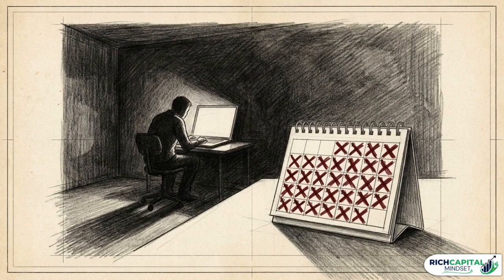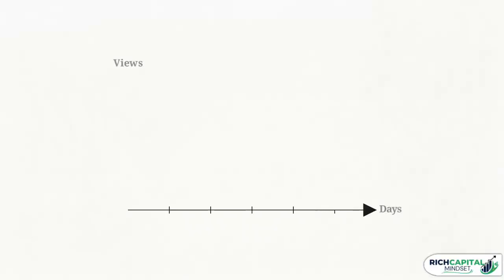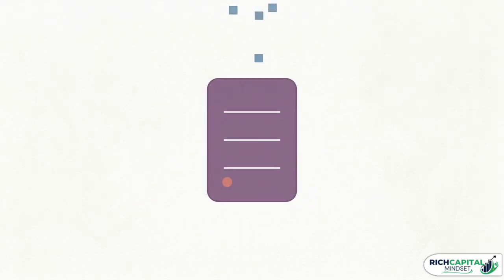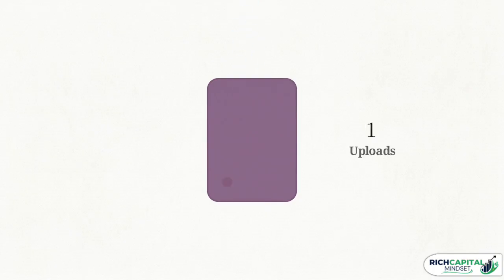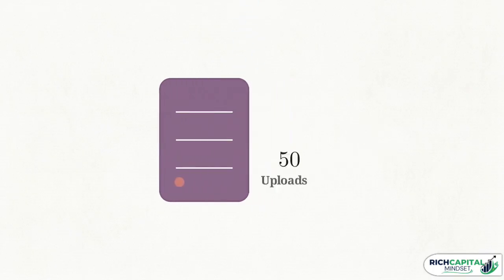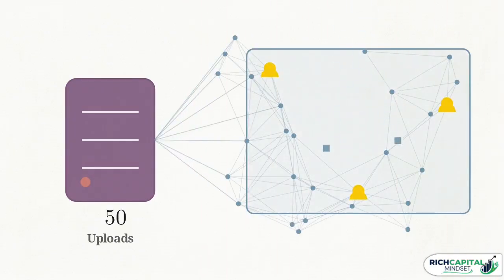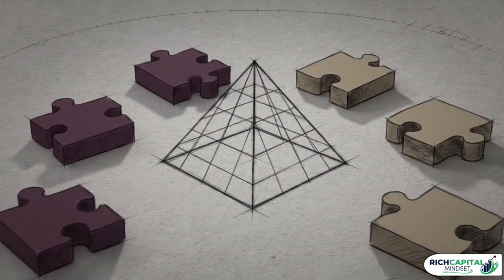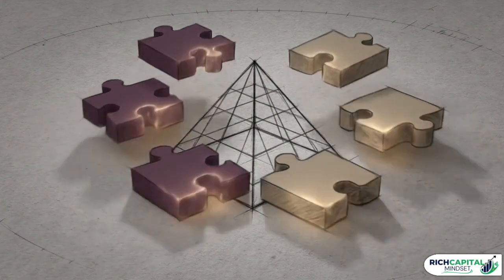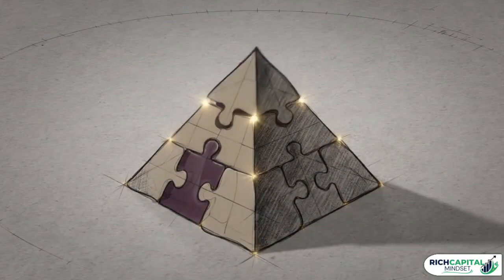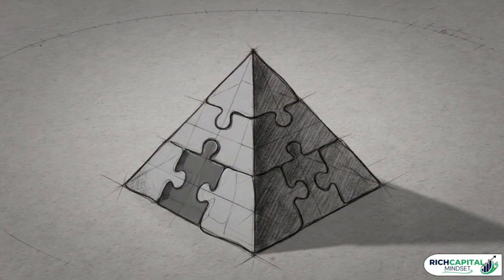Now, prepare for the ghost phase. You need to commit 10 to 15 hours a week to uploading videos to a channel that will initially get almost 0 views. The platform requires hard data to understand your content. It takes 35 to 50 consistent uploads to train the neural network to find your correct target audience. Each upload contributes to the platform's understanding of your niche. Over time, these data points allow the algorithm to refine your viewer profile and begin surfacing your videos to more relevant audiences.